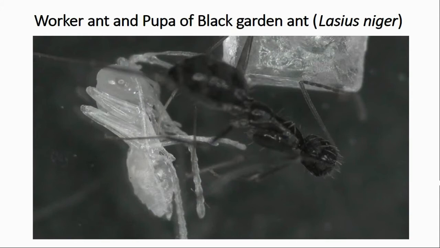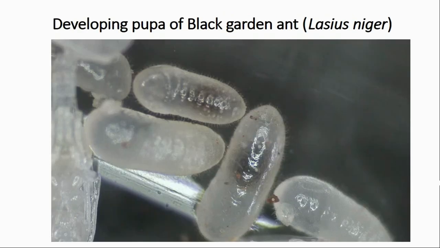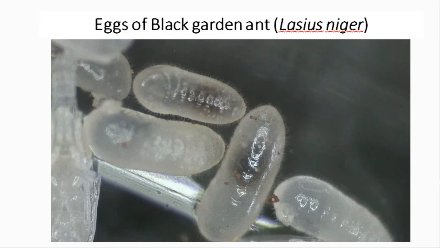Black ant colony along with the soil was collected from underside of a pot. Here you can see a worker ant carrying a pupa which got dislodged because of the brush that was used to transfer it into petri dish. In the background you can see a square shaped crystal, that is sugar crystal. Eggs of small garden black ant.